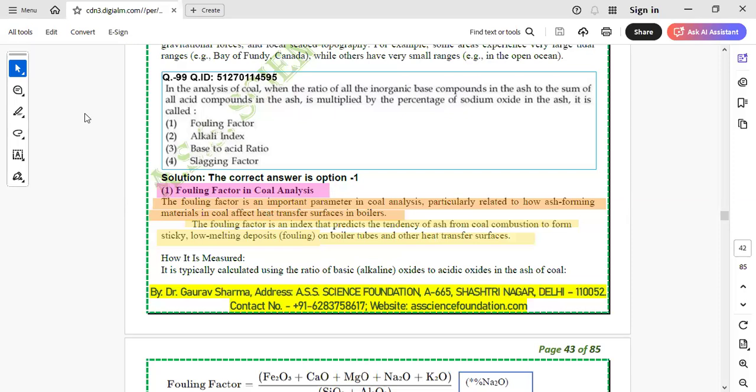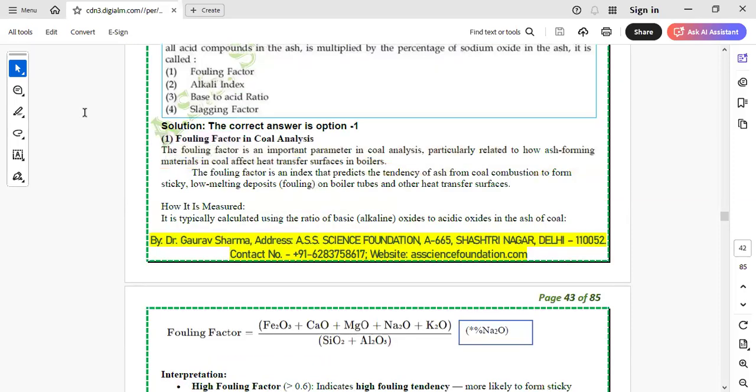How it is measured, that is also one of the questions. So now we can see how it is measured. It is typically calculated using the ratio of base alkali oxide to acidic oxide in the ash of coal. तो फॉलिंग फैक्टर का एक फार्मूला होता है गाइस, that fouling factor is equal to जितने भी आपके बेसिक है, because metal oxides are basic, so iron oxide, calcium oxide, magnesium, sodium, potassium, to that of the acidic component like SiO2 and Al2O3, and then it is multiplied